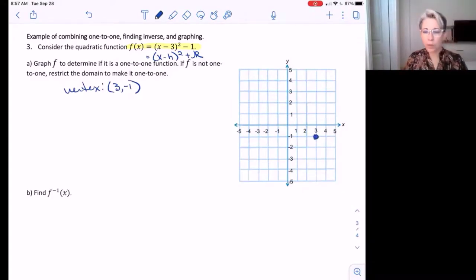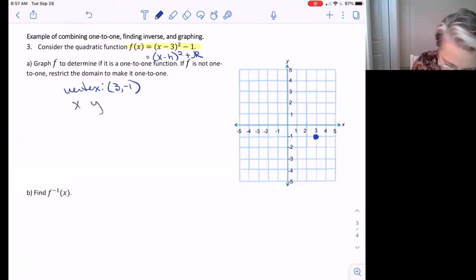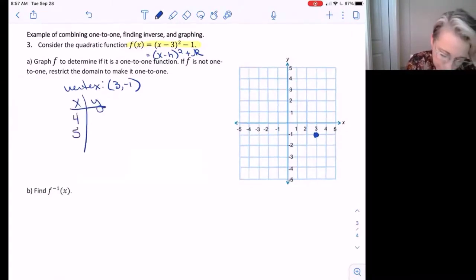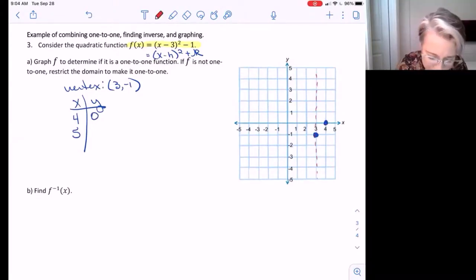Since there's no stretch or compress, it has the same format as a standard parabola. But if you're not quite sure how that works, you can still plug in some values for X and Y. If we go to the right, let's say we plug in 4 and 5. If we plug in 4 into the equation, that's going to give us a 0. So at 4, Y is 0. So if you remember the axis of symmetry, if you have the point at (4, 0),